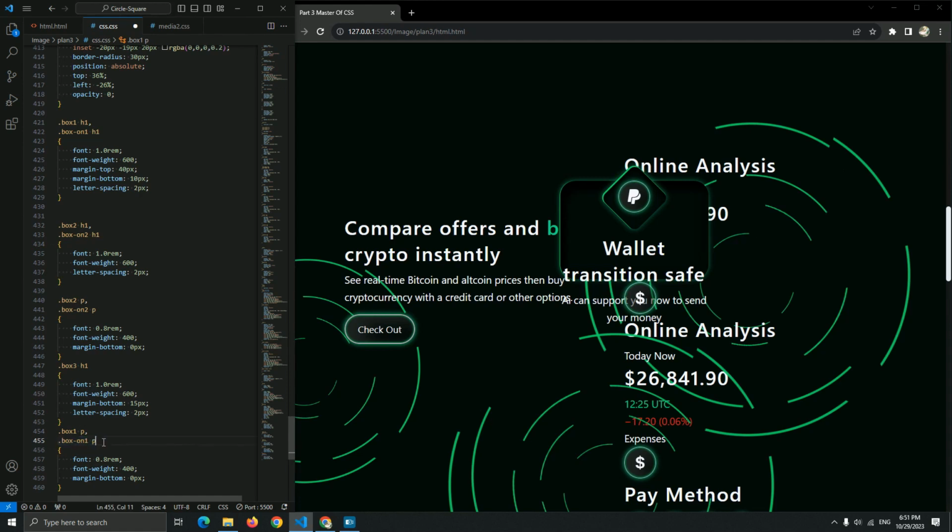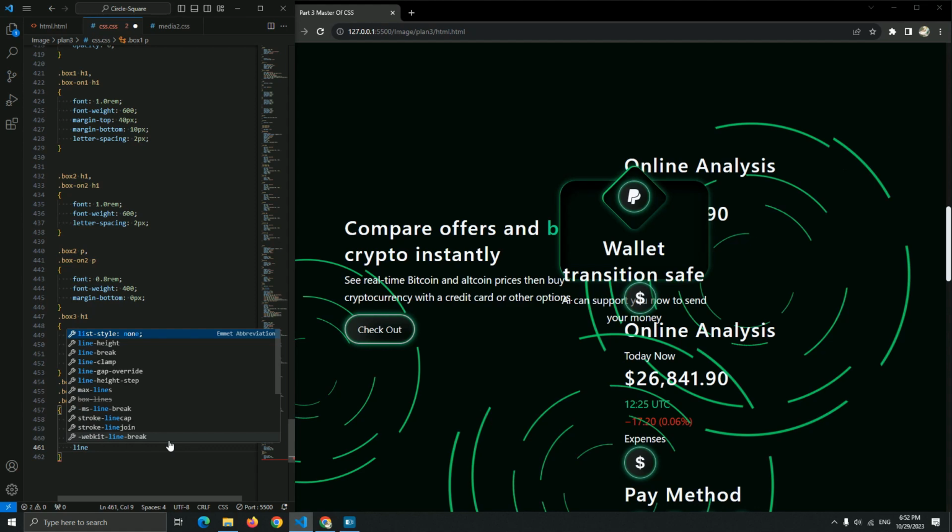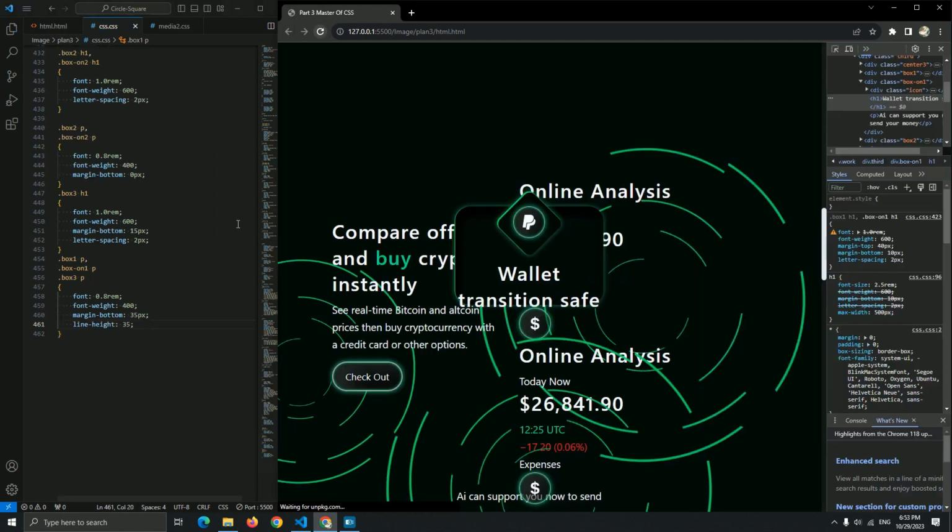Okay, and the box 3, if we add any box 3P, the font size be the same, so the font would be the same, just we need to add line height with a margin bottom. So margin bottom, let me set it to 35 pixel, and the line height, let me add it 35 pixel.